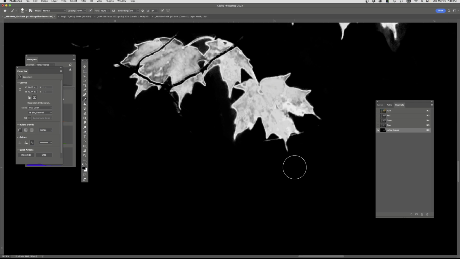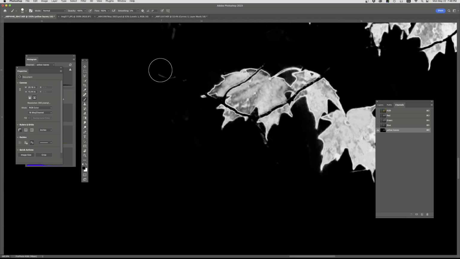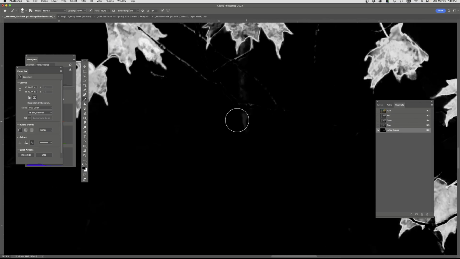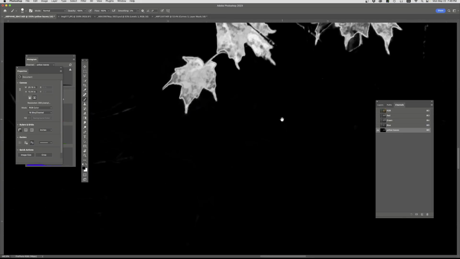Now, let's say we have kind of achieved the basic fixing where my blacks are reasonably okay and I really don't have too much of residual stuff left. And now I want to start refining everything so that it's a nice, clean, smooth mask that I can work with. So